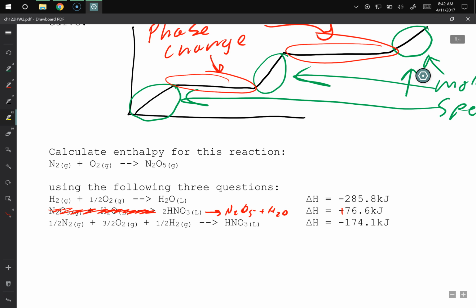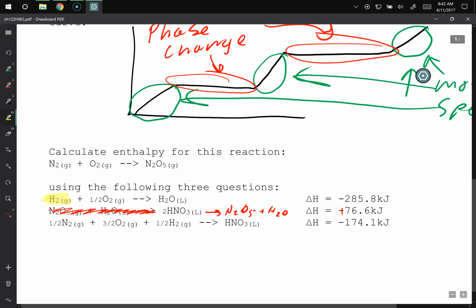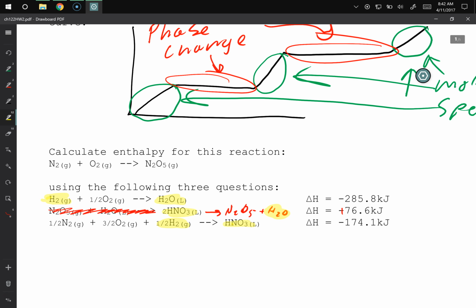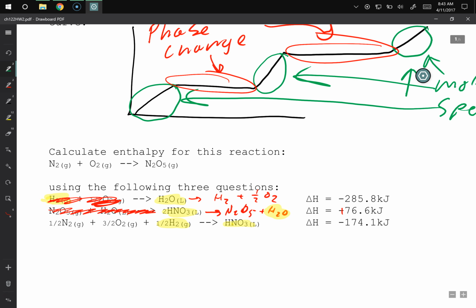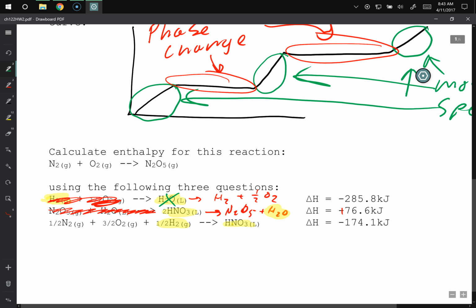All right, so now I don't want water molecules anywhere, right? And I also don't want hydrogen gas anywhere. So this hydrogen gas needs to cancel out, and the only way it can is with this one. And this water has to cancel out, and the only way it can cancel out is with that water right there. And this nitric acid needs to cancel out, and that's okay because they're on opposite sides of each other. So what I'm going to need to do is take that first equation and flip-flop it. So we will have H2 plus 1/2 oxygen. And then we'll cancel all this stuff out. And right now I can go ahead and cancel out my water.